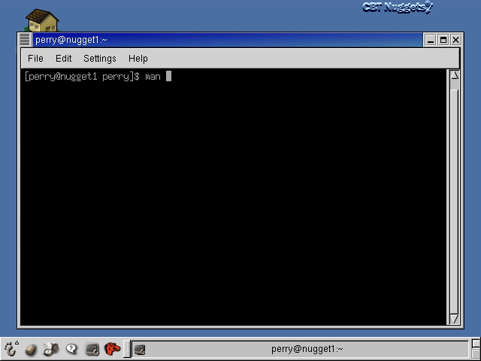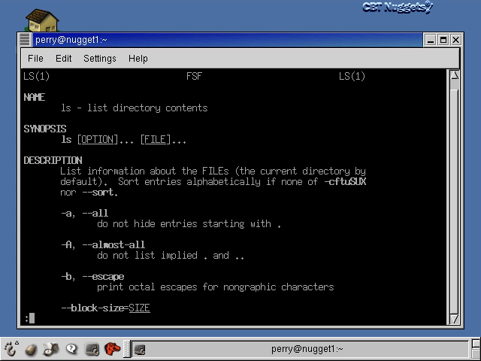Alright, so first we'll look at the man page for something. The way that you look at the man page for some command, you say man, you follow that by a space, and then you give the command that you want to get the man page for. Okay, and man here just stands for manual, right? So we do a man page on ls, and I hit enter, and now I'm in the man